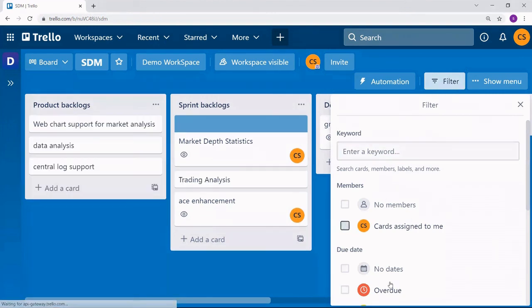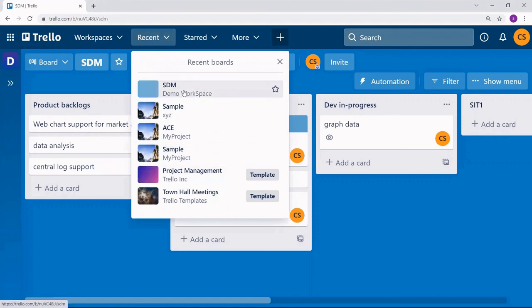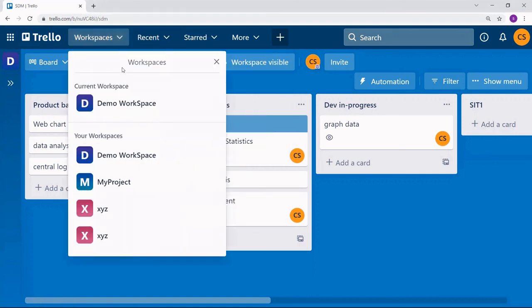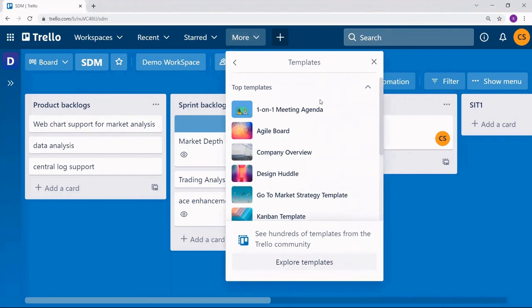Similarly, you can check overdue and date, all the things you can check here. If you want to invite any member, go for this invite option and select the member. If you click on recent, you will find all the boards which have already been created. Workspaces will display all the workspaces. To change the templates, background, and everything, every option is there, so you may choose your required type.